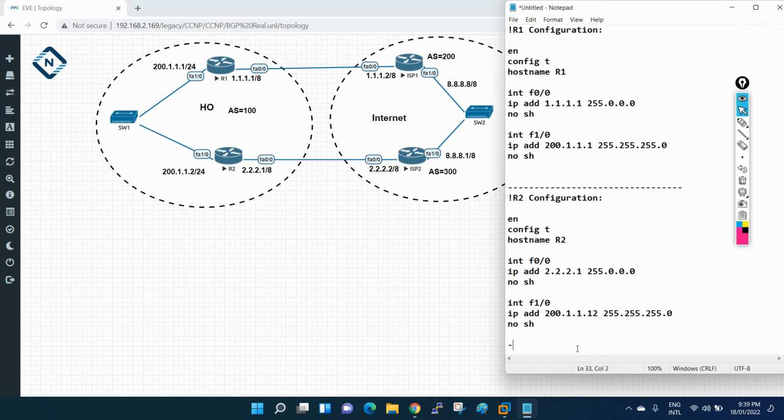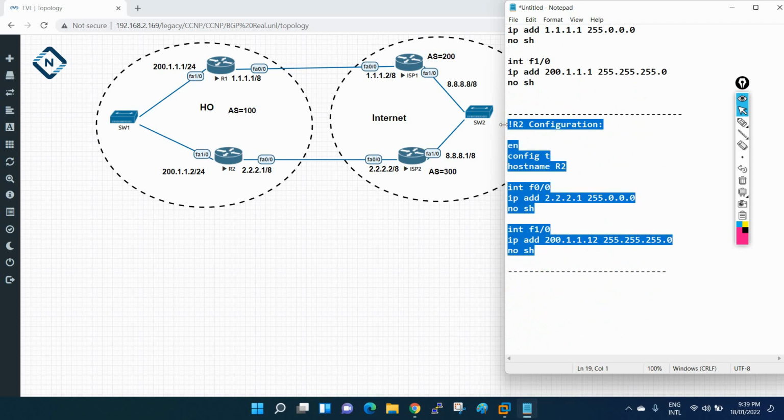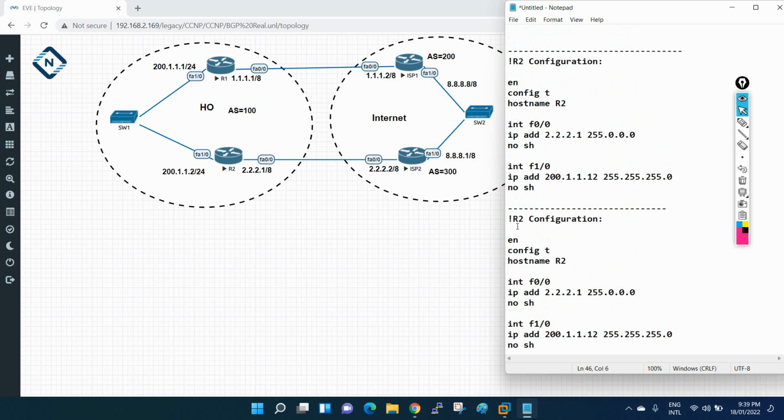Now we need to do it for ISP1 and ISP2. Let me do it for ISP1. I will copy this, paste it, and we will modify it here. So let me write here ISP1. Okay, and on ISP1 FastEthernet 0/0 we have 1.1.1.2.